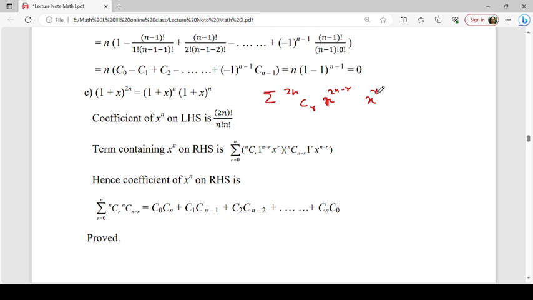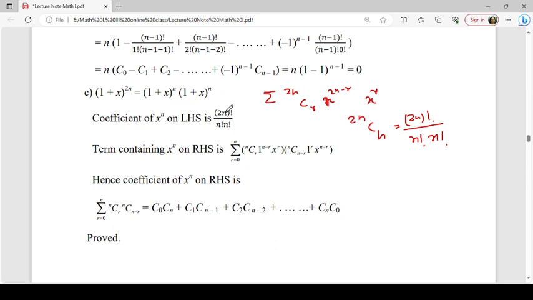So when r is equal to n, it is the coefficient of x to the power n, so we write 2n minus n. So the coefficient of x to the power n is equal to 2n factorial by (2n minus n) factorial, which is n factorial, and n factorial. So this is the coefficient of x to the power n in the left hand side, and on the right hand side,